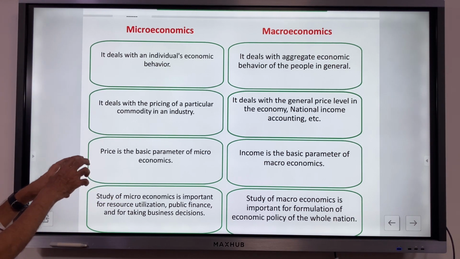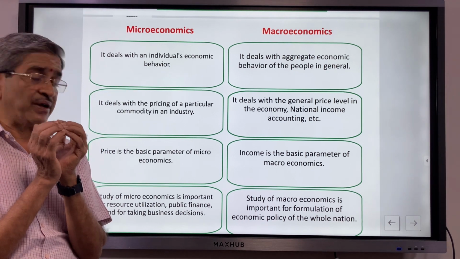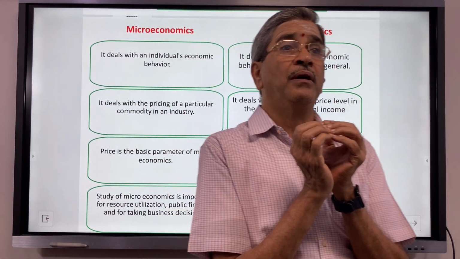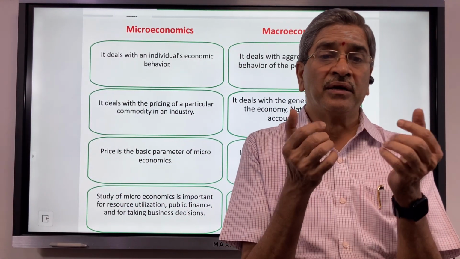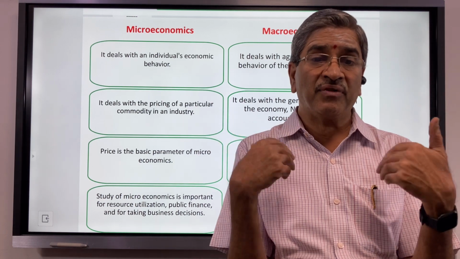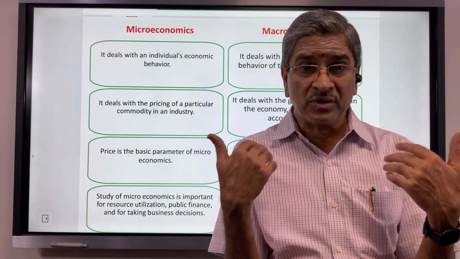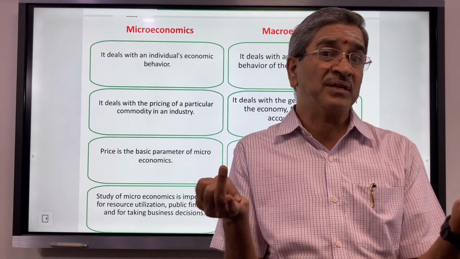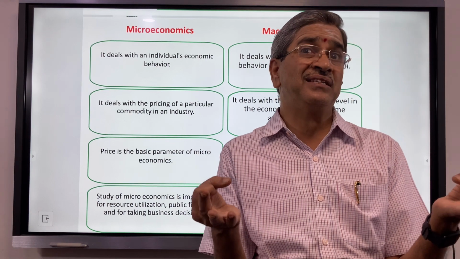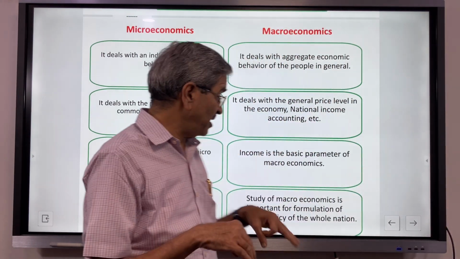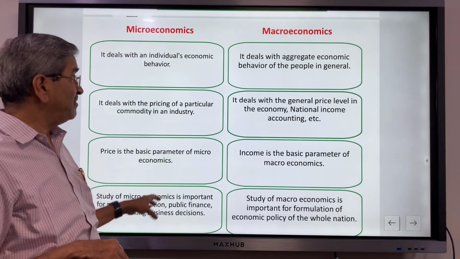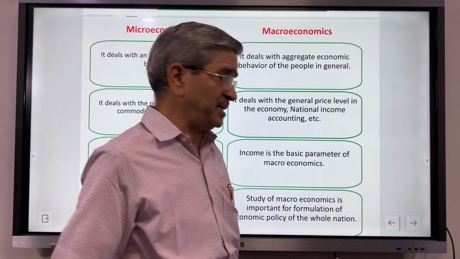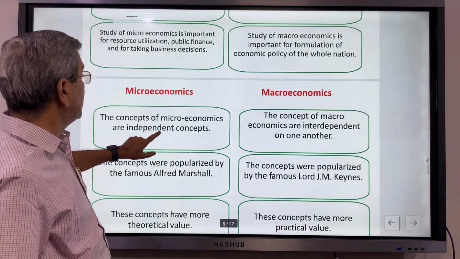These are all things you talk about within the firm. When we say public finance in respect of an economic firm, we are talking in terms of how we get money from public finance: whether the government gives some funds, number one, and whether the government tax policy gives some incentives to us, tax holidays and those things, and how they are relevant here. Whereas the study of macroeconomics is important for the formulation of policy itself. So this completes the part of it.